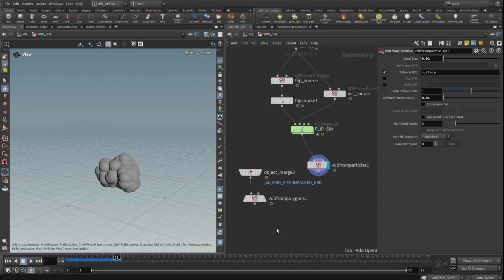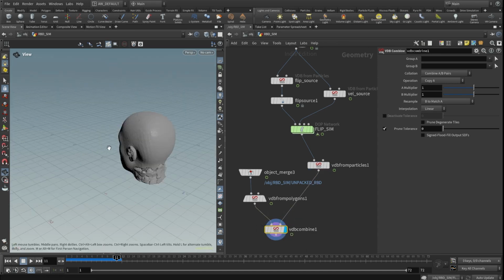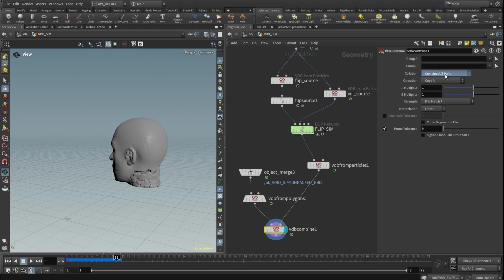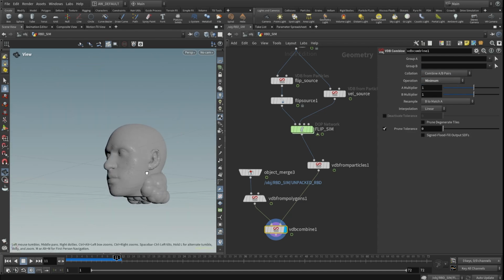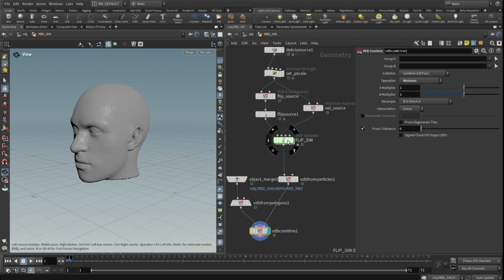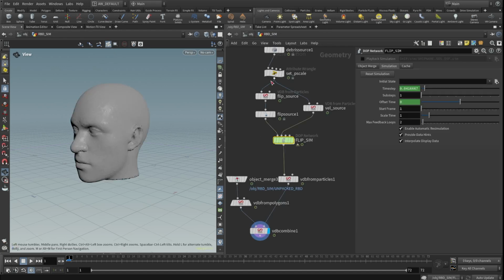VDB combine. And we'll get the minimum. So everything is pretty chunky right now. Our P-scale size is a little crazy. Let's adjust that next. Just jump in here, and we're going to copy parameter for our particle separation and paste